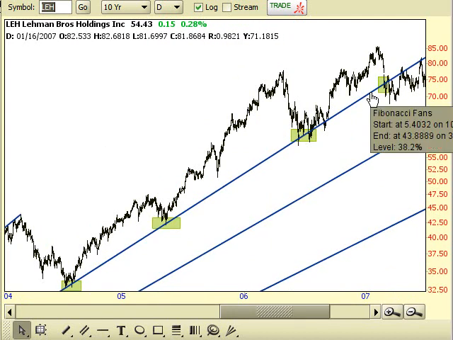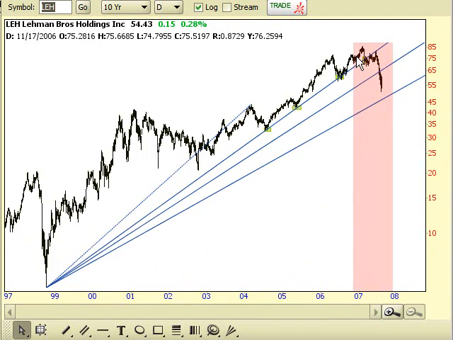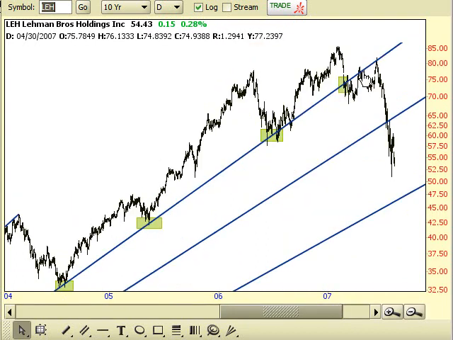And this line at the top, instead of representing support, changed to represent resistance. So the price moved up, couldn't get through, up again, could not get through. And as you can see, it tried a number of times to get through it and could not, and finally succumbed to that pressure and began falling. It did pause briefly here at this level. In fact, you can't quite see it here, but it did fall and retrace to that line very nicely, and